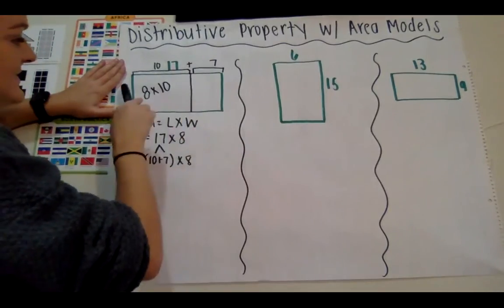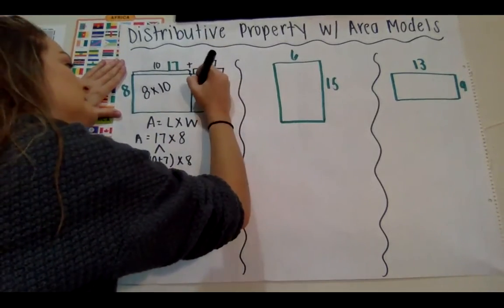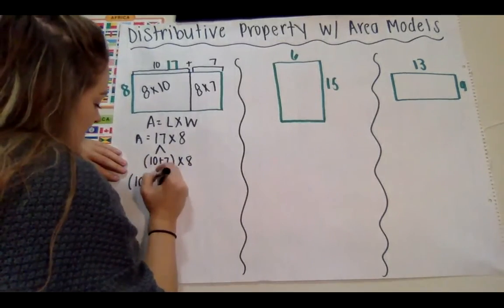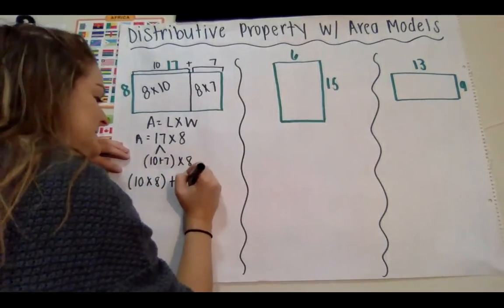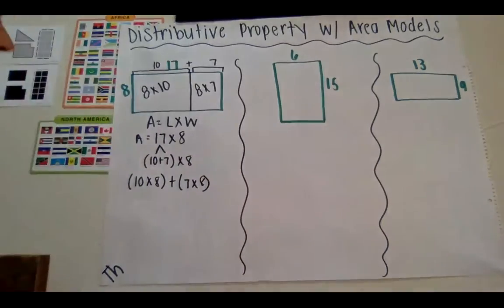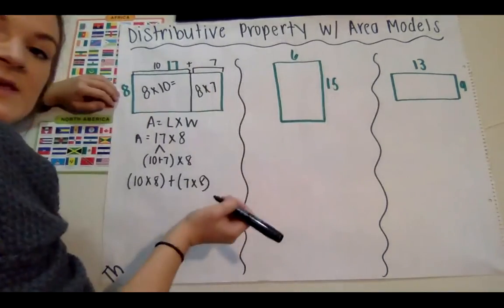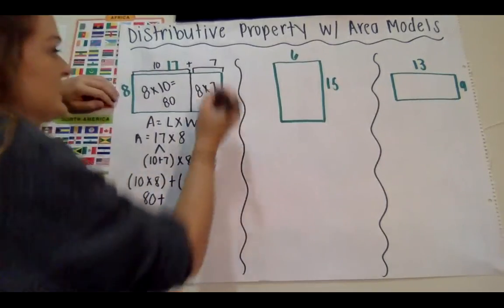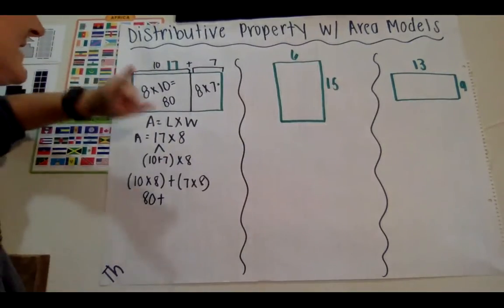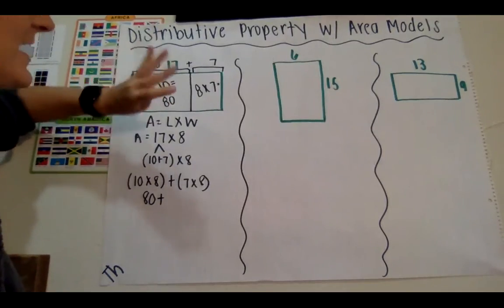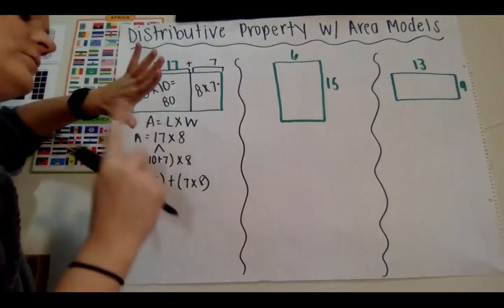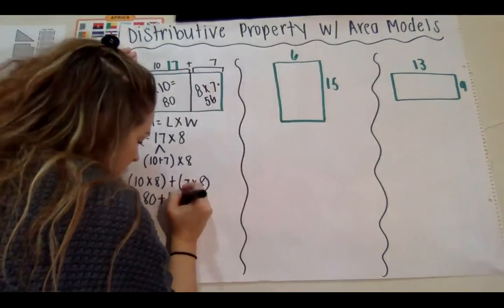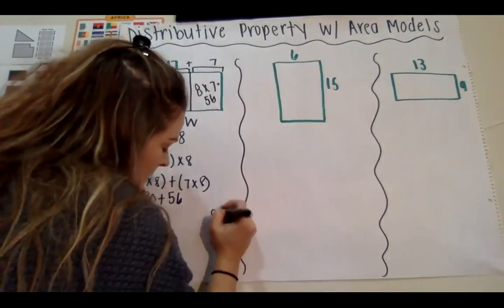And this equation becomes 8 times 7. So then I can write it down here. 10 times 8 plus 7 times 8. We know right away 8 times 8 gives me 80, plus 8 times 7 or 7 times 8, that's 7, 14, 21, 28, 35, 42, 49, 56. 80 plus 56, which gives me